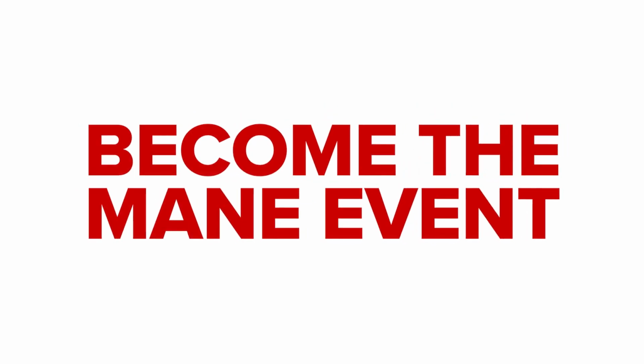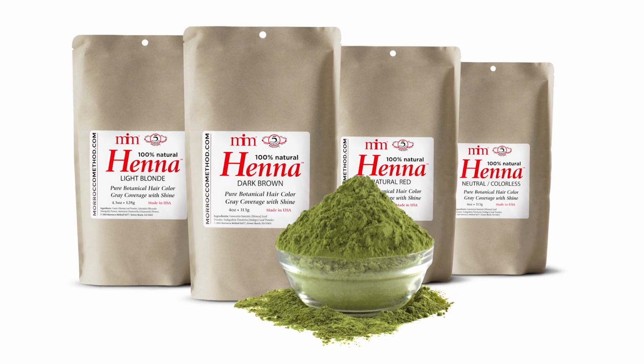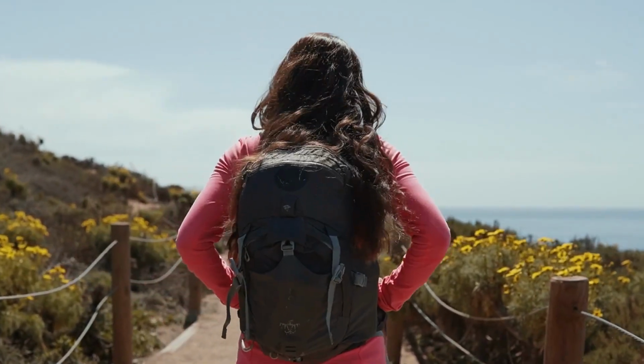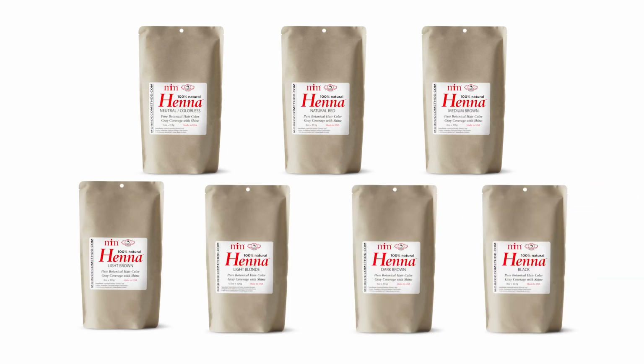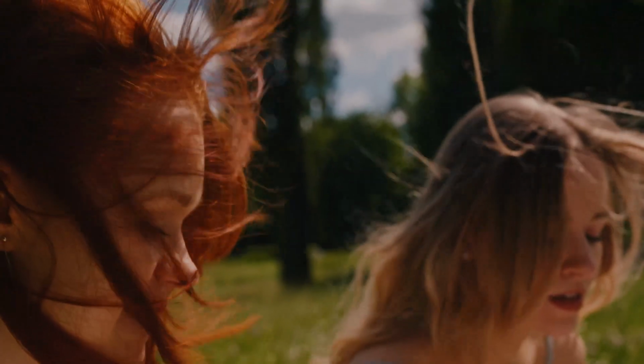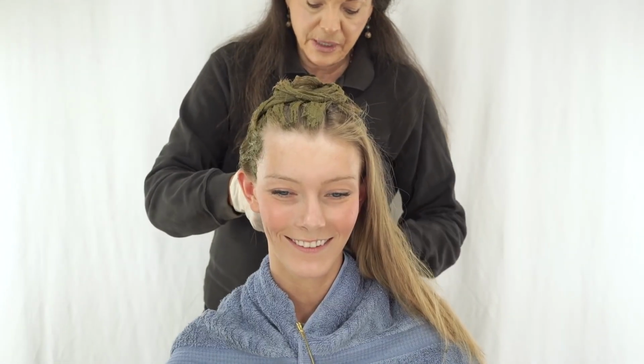Become the main event. Ready to unveil the natural beauty of your hair? Explore the wonders of Morrocco Method's Henna Hair Dye and set off on a journey that's truly your own. Our Henna Hair Dye isn't just about color, it's a celebration of your individuality and your method. Crafted from the finest botanical sources, it provides a gorgeous palette of shades to express your personal style while conditioning